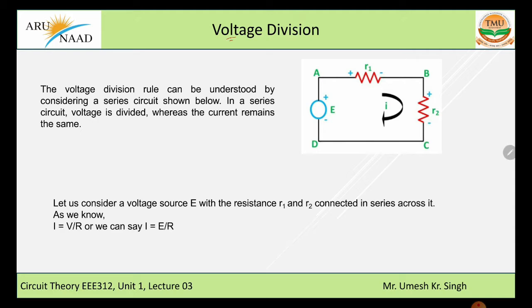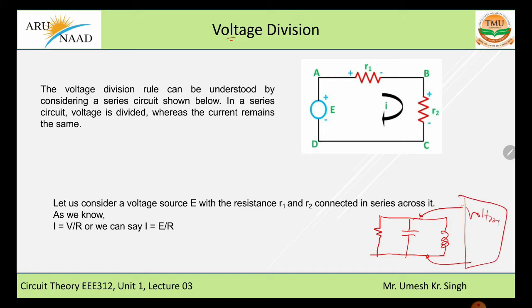Voltage division. As we know that in parallel the voltage is the same, or we can say that if we measure the voltage across any 2 points by connecting our voltmeter, then the voltmeter always measures the potential between these 2 points. If a number of elements are connected in parallel, then the voltage across each element is the same. So voltage division is always used for the series circuit, because in series the voltage is different.